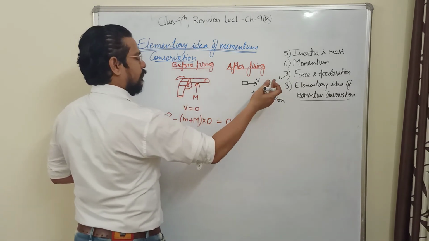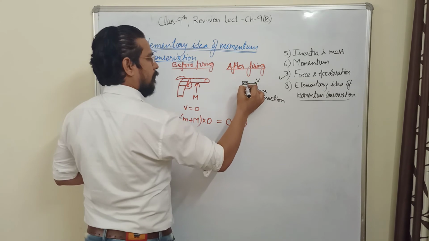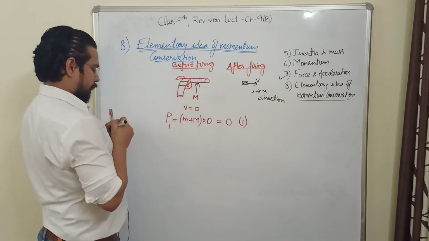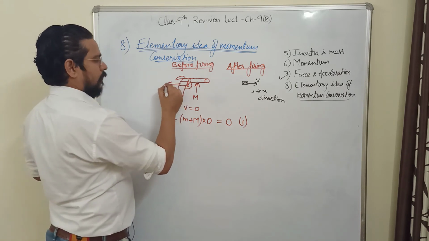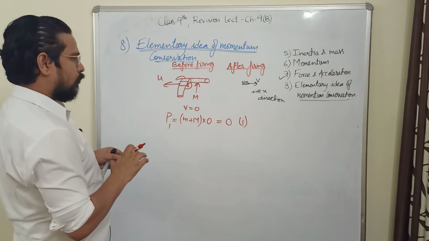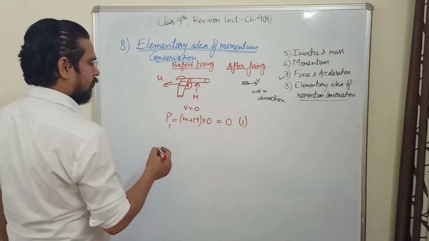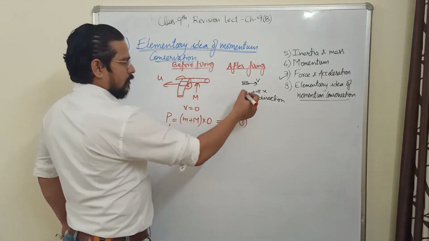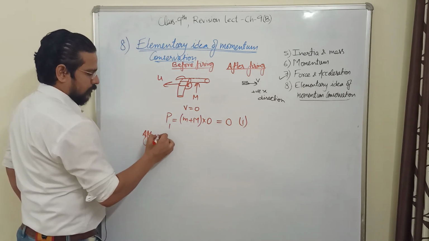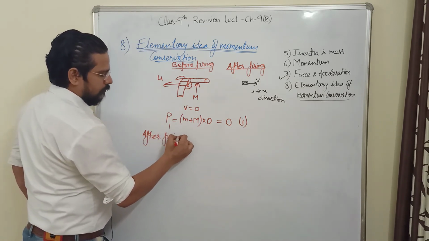The bullet is moving with mass m and velocity v, and the gun will rebound with velocity u. How to calculate u? How to apply momentum conservation in this situation? So in the second situation, after firing of the gun,